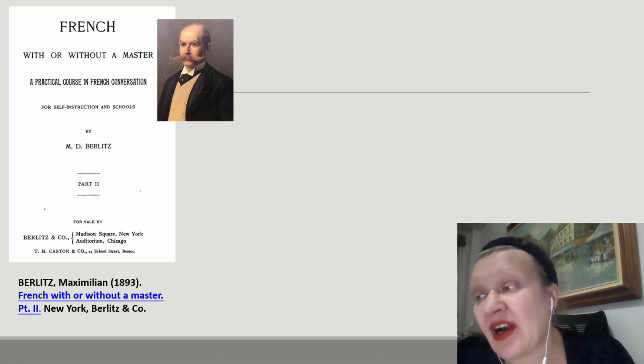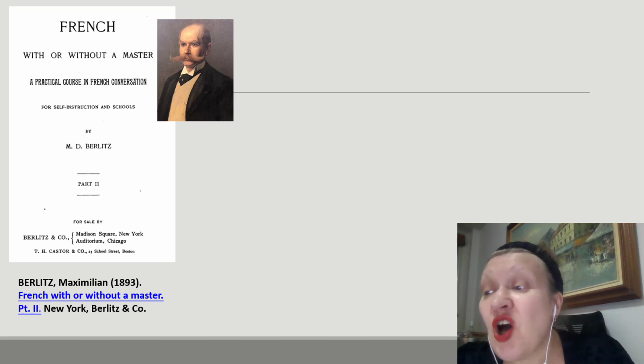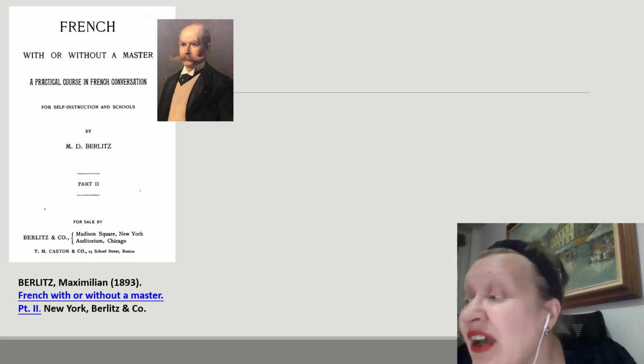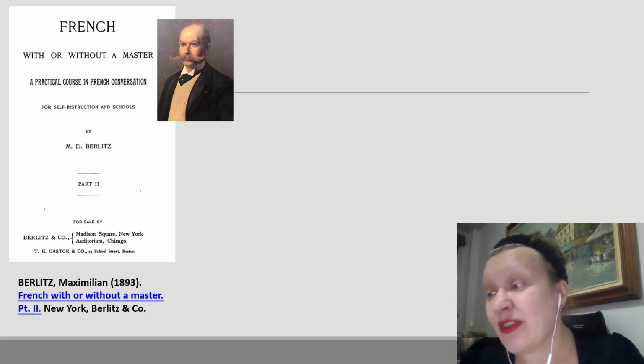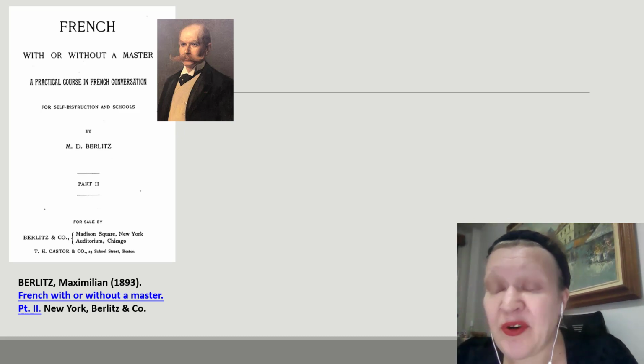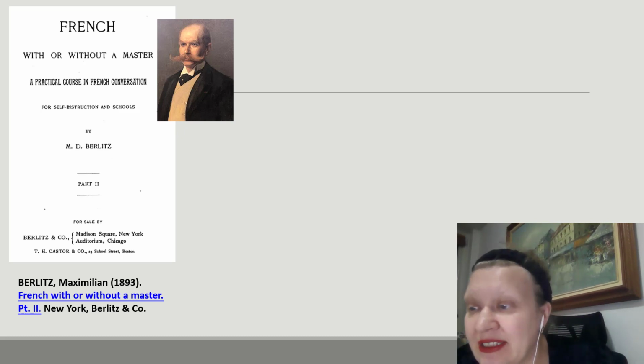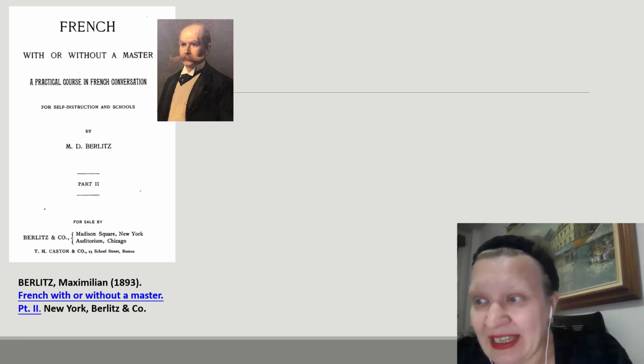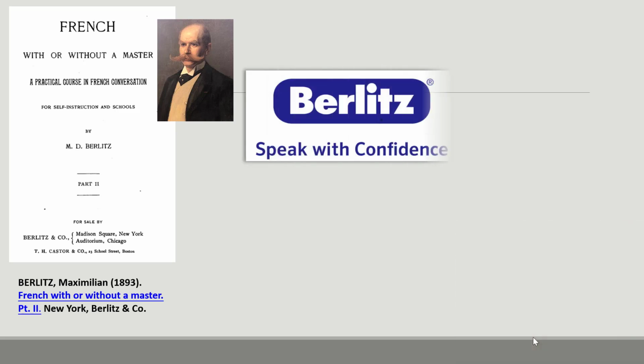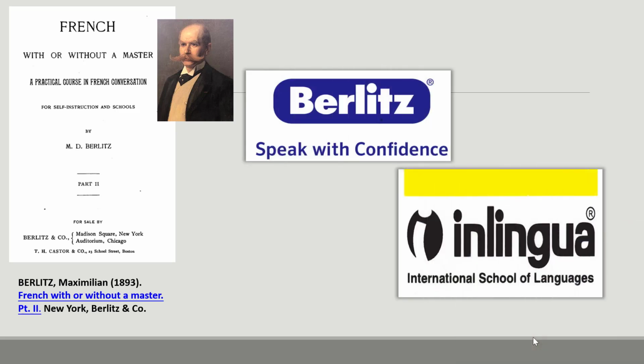Later textbooks inspired by the direct method keep this topic-oriented structure but try to combine it with grammar explanation in the form of footnote comments or separate units. We can find this hybrid structure in the French second language textbook by Maximilien Berlitz. By the way, Maximilien Berlitz is the founder of the famous international language school named after him. Until today, Berlitz School and methodologically closed Lingua International Language School based in Switzerland keep successfully applying the principles of